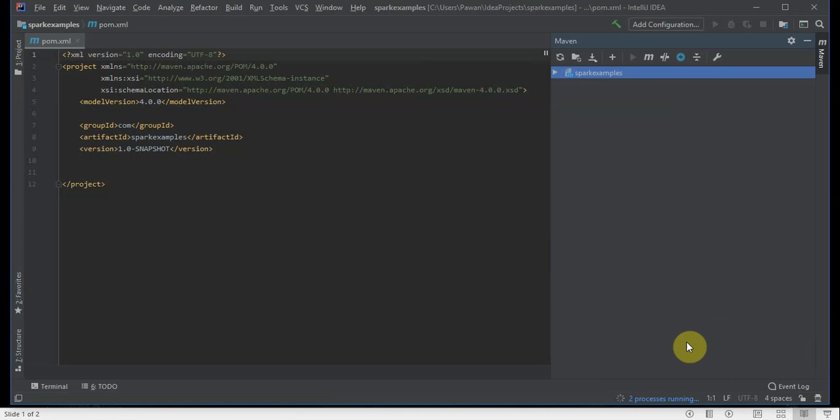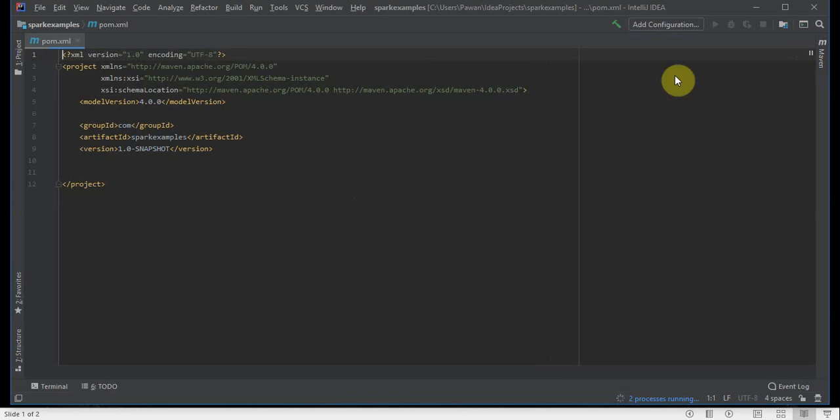So this would enable the auto import, where whatever dependencies you have in your Maven project or Maven profile, which is pom.xml, would be downloaded by default, right? For now, we don't have any dependencies here yet. We are going to add them later, but the first thing we'll do is install the Scala plugin in